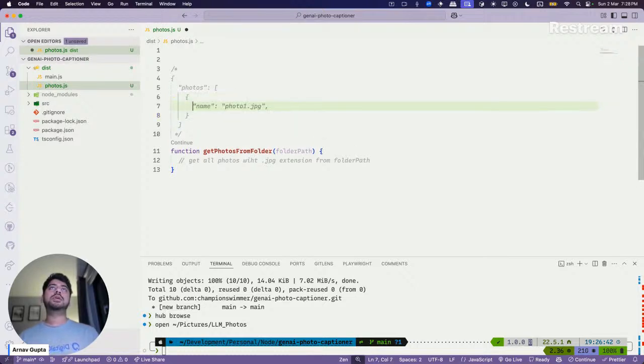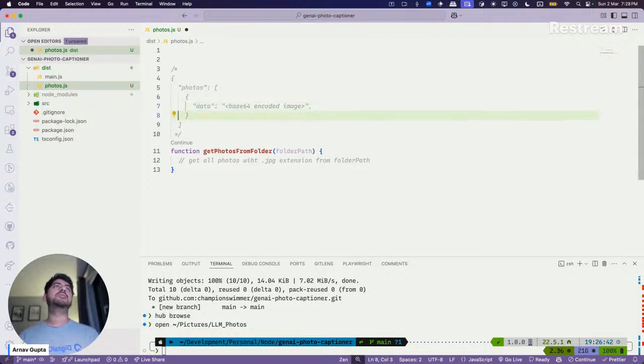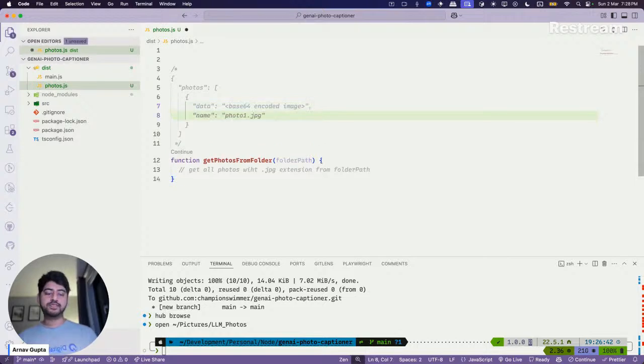It should have the data, which would be the base64 of the image, and the name of the photo can also be there. That is fine, I don't really require it.